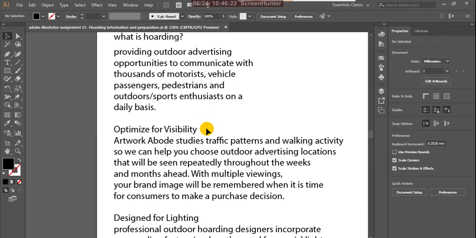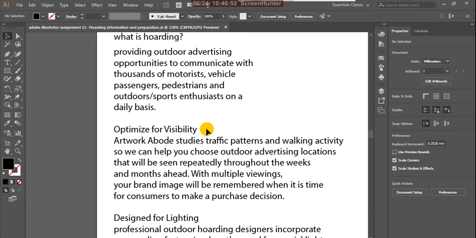So constantly, the board can display in the same place for weeks and months continuously. What will happen? The thousands of motorists, vehicle passengers, pedestrians, neighbors, all the public, gathered or moving, give their attention to the hoarding.